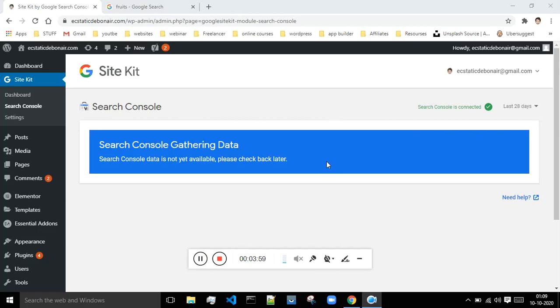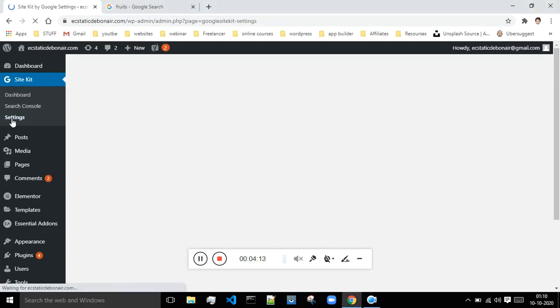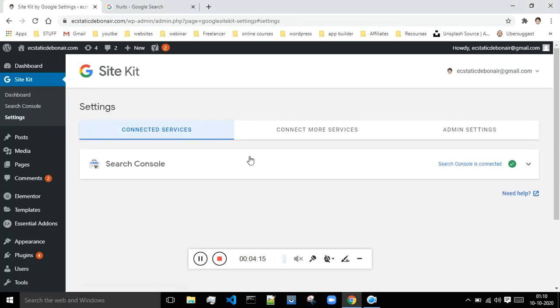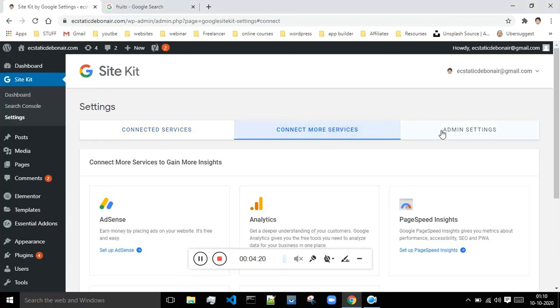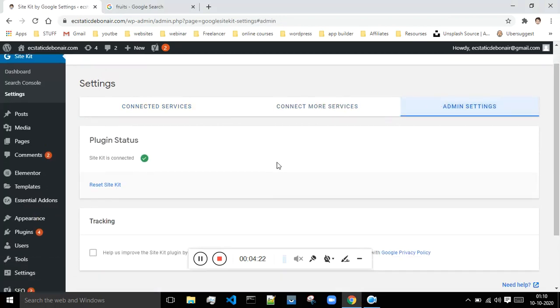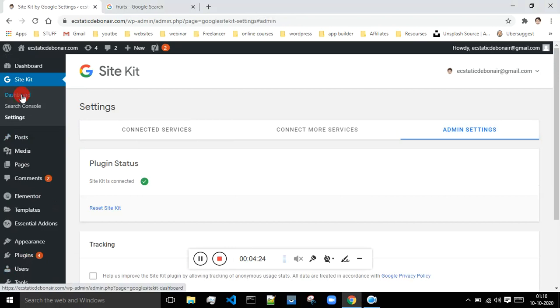Over here you will see the required details about your website, but since we have installed this plugin just now, data is not available. But after 2 to 3 days you will start seeing the results over here, and this is the settings tab. If you want to change any settings, you can do that from this tab. As of now there is nothing you have to be doing over here. So just go to the dashboard,